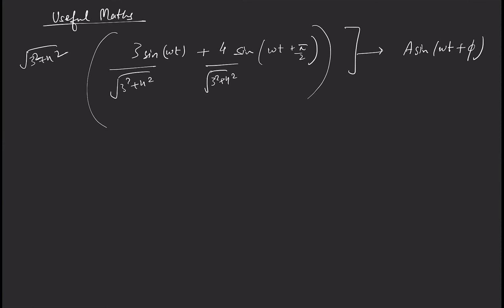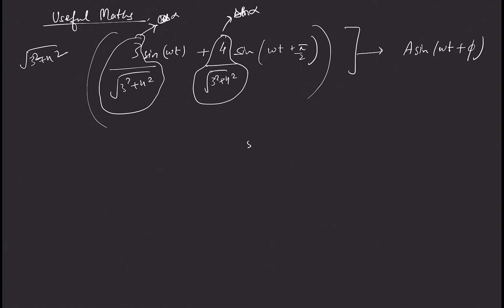Then you define one of them to be sine of alpha, and the other would automatically be cos of alpha, right? Because sine square alpha plus cos square alpha would be 1. So you define this to be sine alpha, you define this to be cos alpha, and you define this to be sine alpha instead. The reason I am doing this is that it will become clear. You can define any of them to be sine alpha.